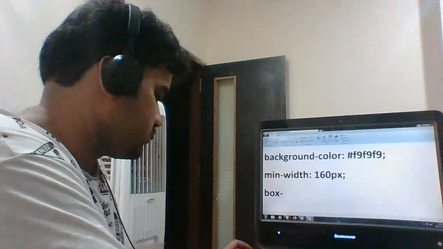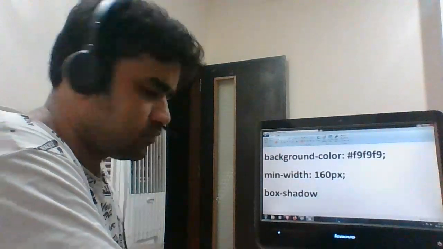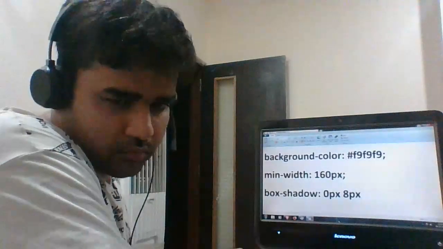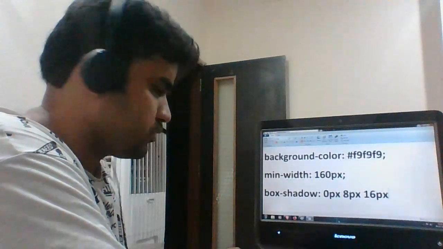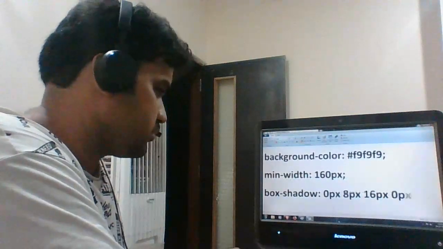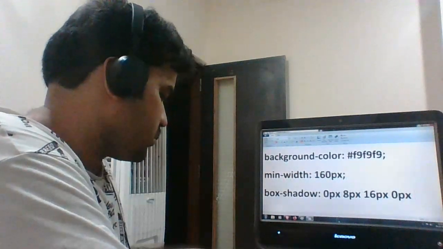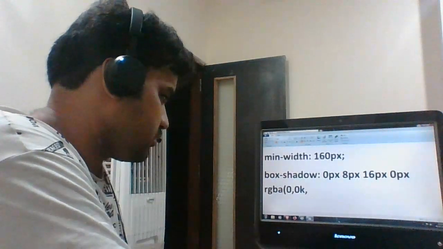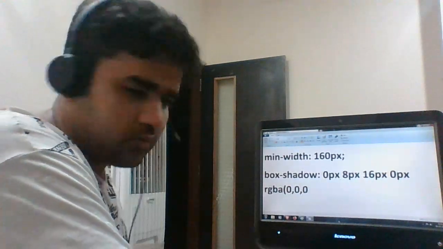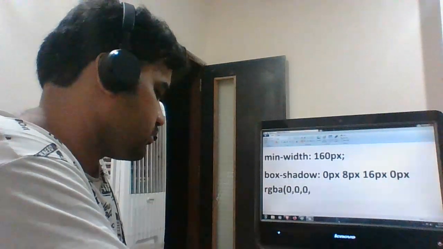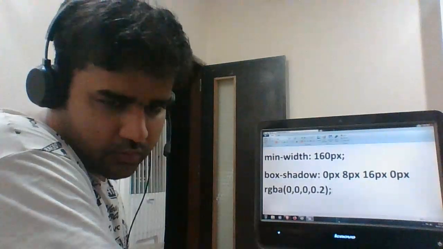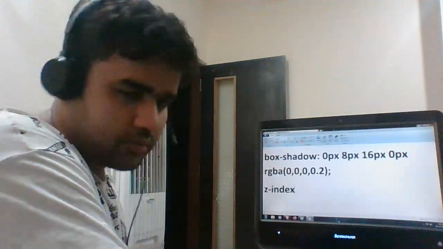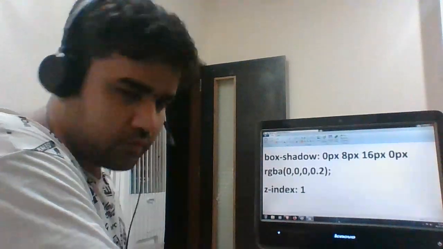box-shadow 0px 8px 16px 0px rgba(0,0,0,0.2), z-index 1,